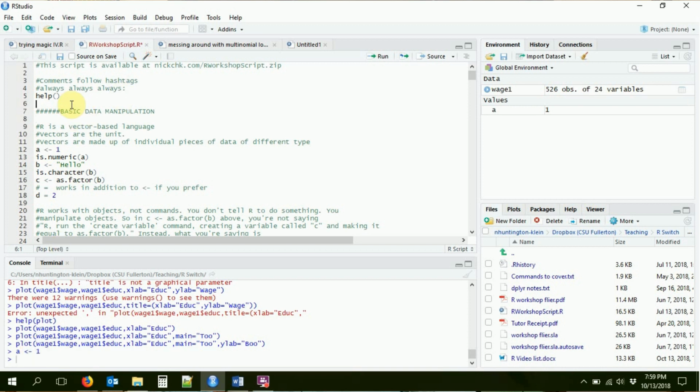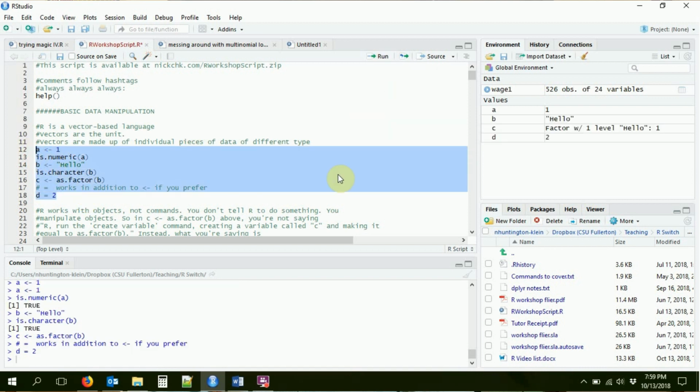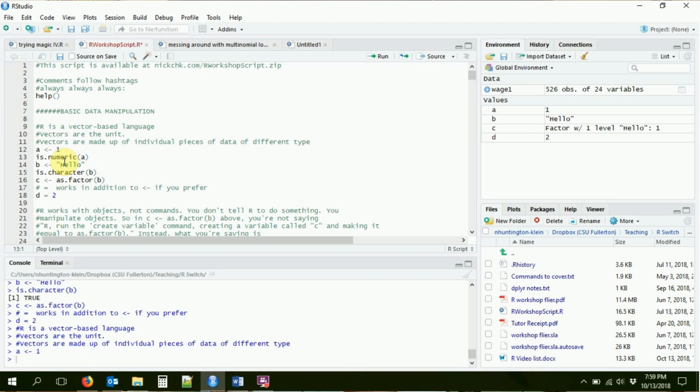But I can also put that code up here in the code editor. And I can run it from the code editor, which of course is going to be better, like I said. So there's 2 ways to run code from the code editor. You can select whatever code you want to run. You can select multiple lines and hit this run button, and it will run that code for you. So you just ran that whole block of code. Or you can put your cursor on one of the lines of code and hit Control Enter or Command Enter if you're on a Mac,